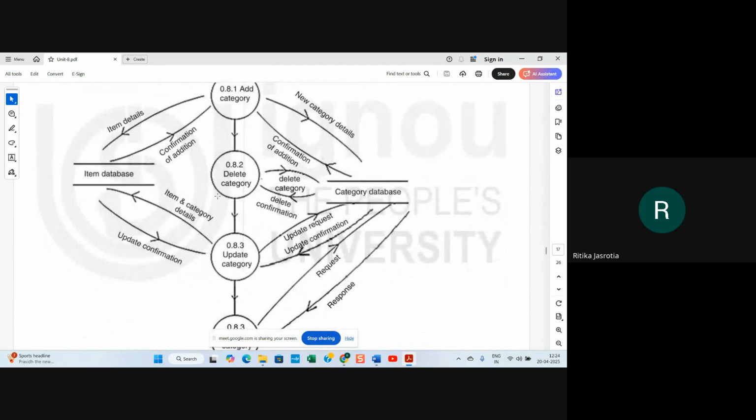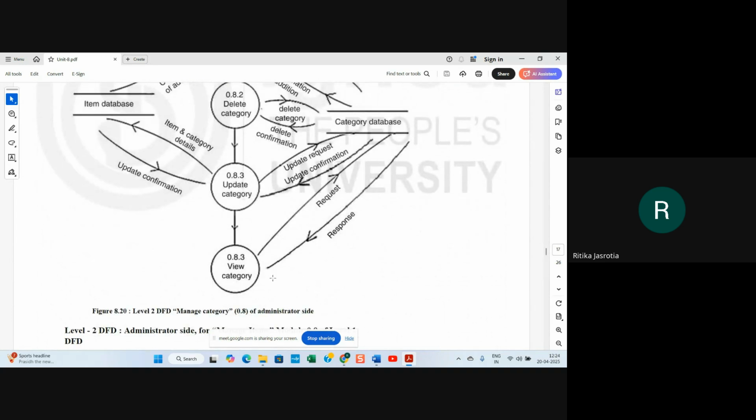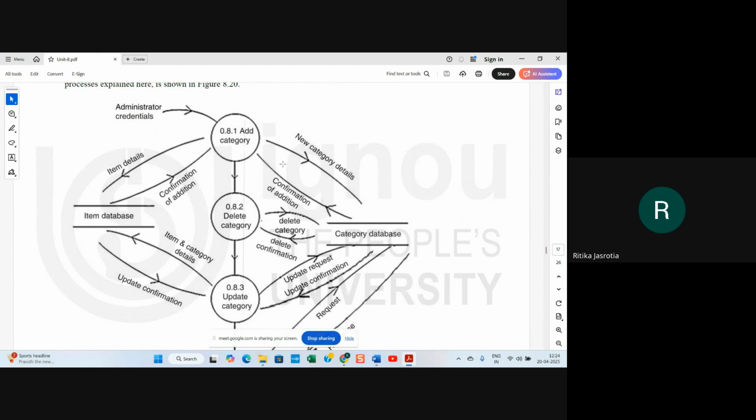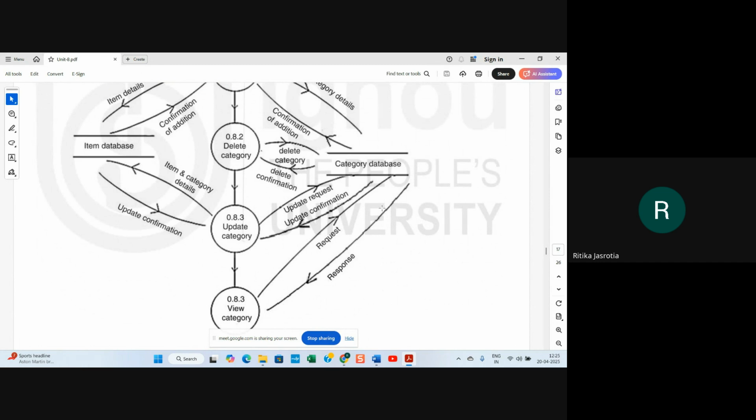So add category, delete category, update category, view category. So administrator credentials, administrator can add a category. From the item database, he can get the item details and confirm the addition, right? And he can add a new category to the category database, right? He can delete a category, he can update a category, or he can view the categories,